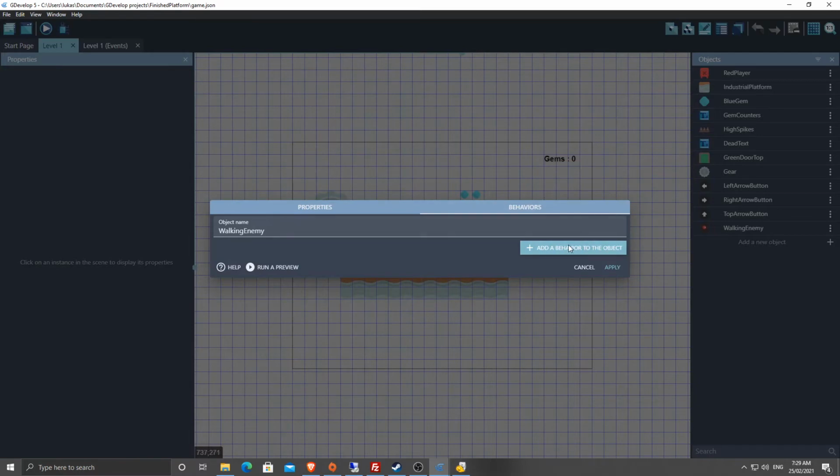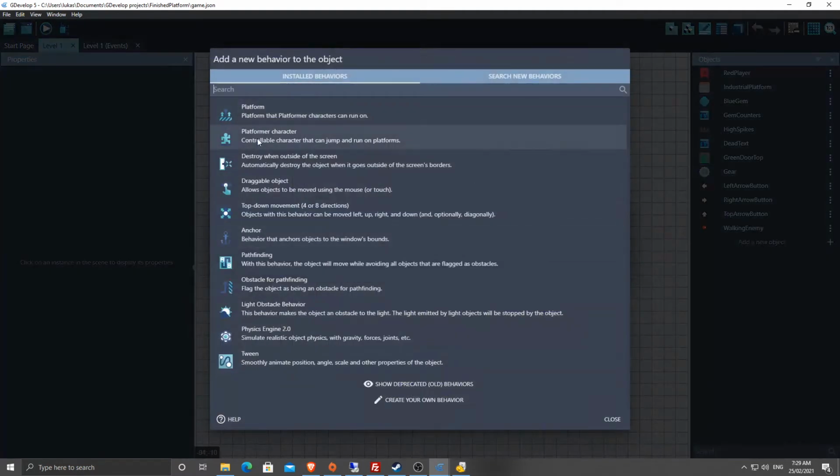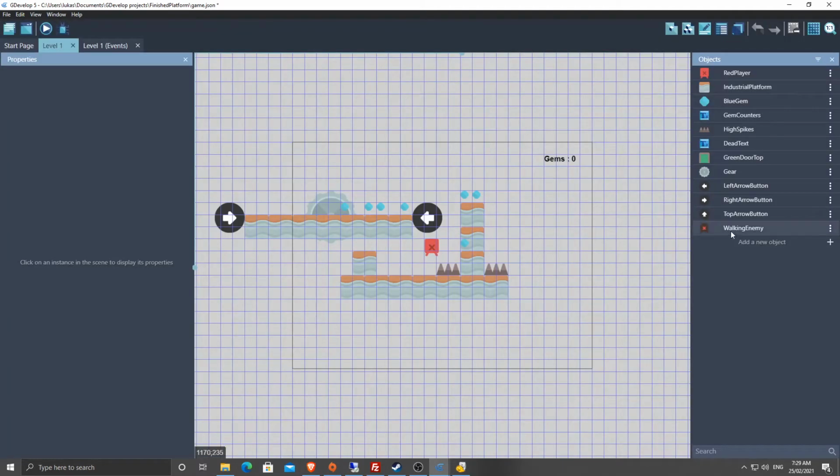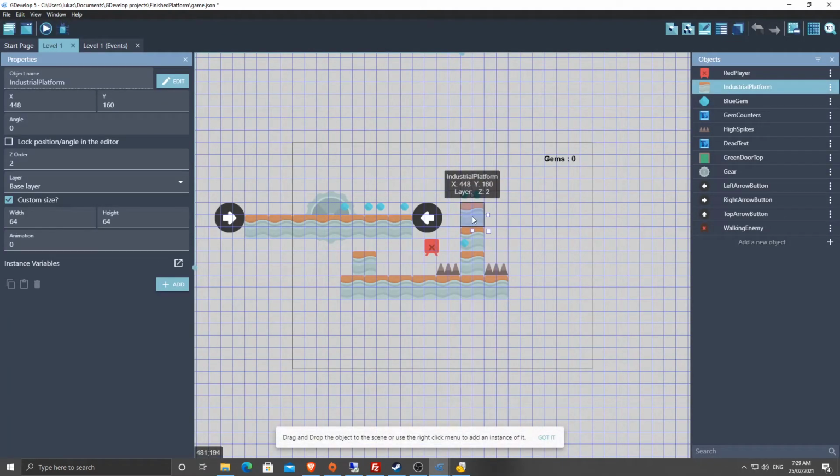I'm going to go to behaviors, add a behavior, and we're going to add a platform character behavior, but we're going to turn off the default controls. Okay, we don't want the player who's actually playing it to be able to control this enemy, so we turn those default controls off. Now I'm just going to quickly do a little bit of level design here, I guess,